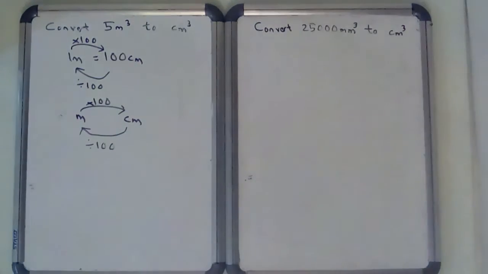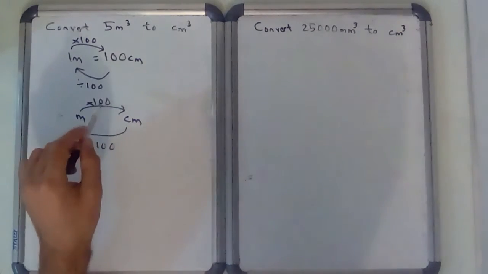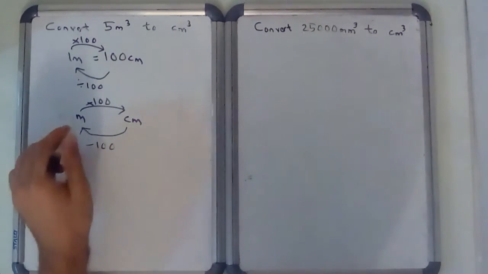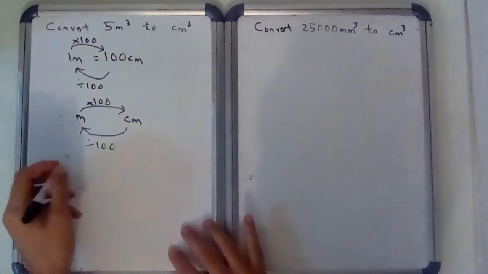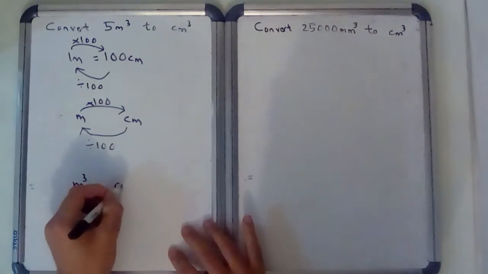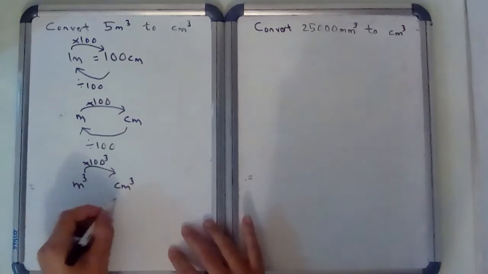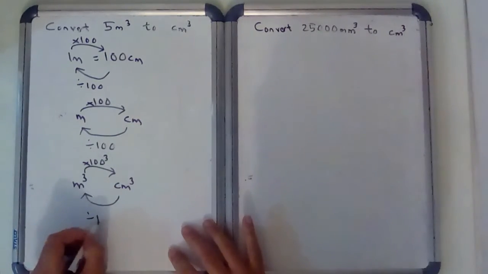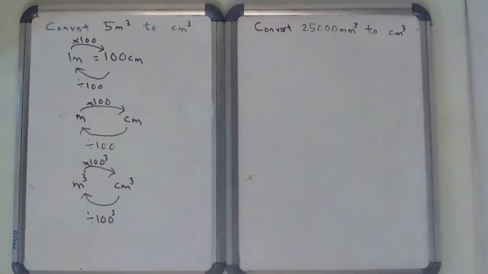Just the same way as we did for area, if I wanted to go from meters squared to centimeters squared, I could times by 100 squared. With volume, if I want to go from meters cubed to centimeters cubed, I can times by 100 cubed. If you go the other way, you do the exact opposite: you divide by 100 cubed. So if the question said how many meters cubed in, I don't know, 25,000 centimeters cubed, you would need to